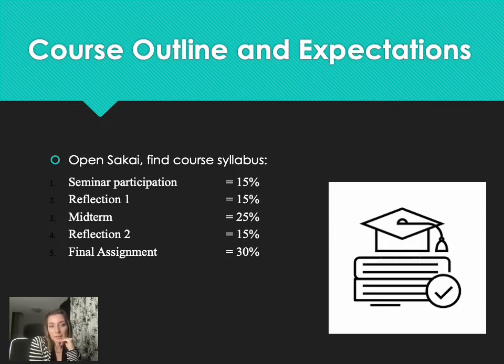The midterm will be out of 25%. It will be held in class on October 25th, I believe. And don't worry, you have it all in the syllabus later. The midterm is going to be multiple choice. I've also thought very long and hard about it. And instead of open-ended essay-like responses, I would be more inclined and happy to do it closed, almost like